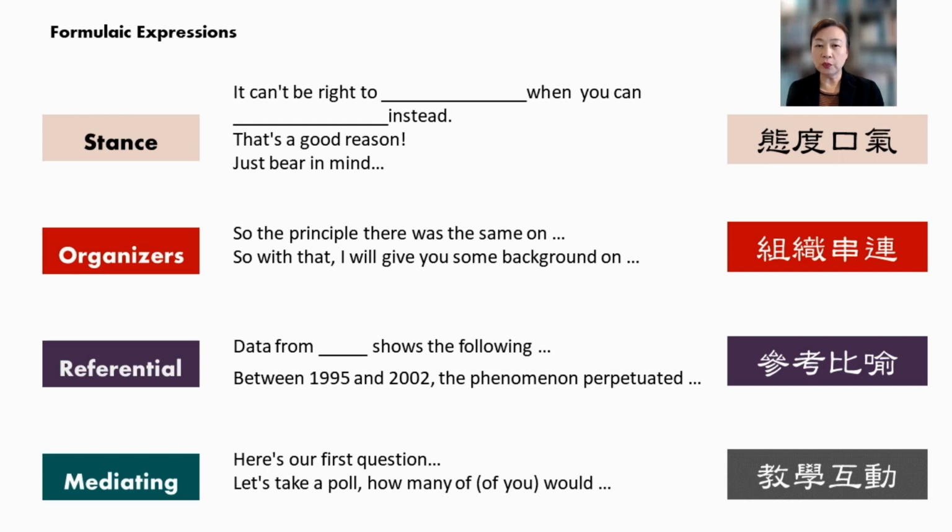The third group, well, data from sometimes someone or something or certain book shows the following. So you're citing, you're referencing a passage or statistics, right? So that's referential expressions. And the fourth one should be the easiest one. You're facilitating how the class proceeds. 所以这是教学互动的。